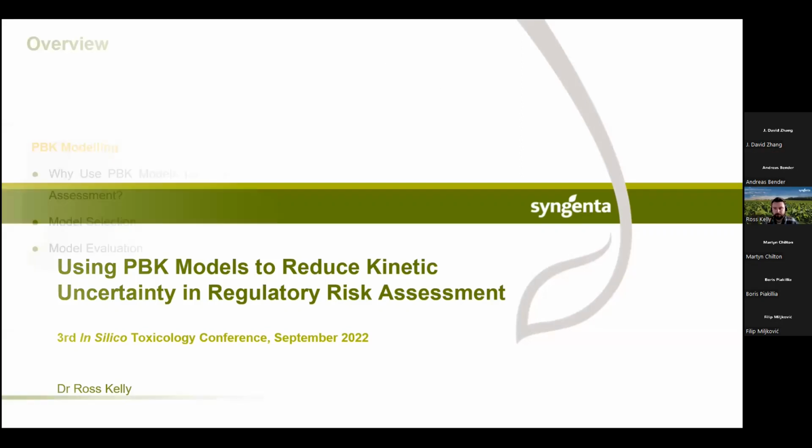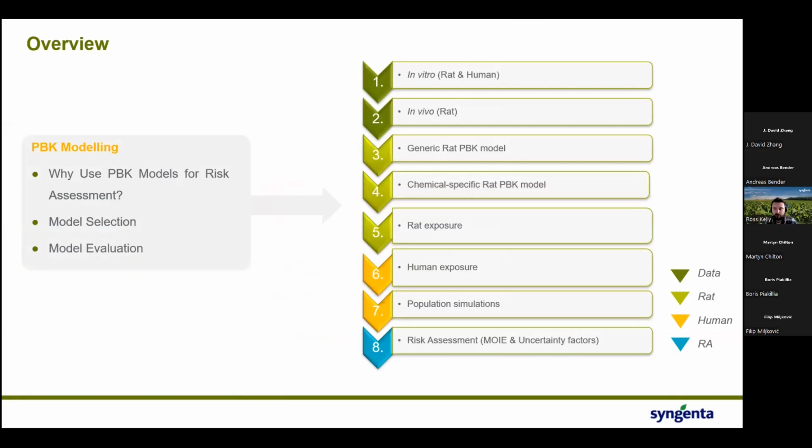So, yes, I'm going to be talking about using PBK models to reduce kinetic uncertainty in regulatory risk assessment. So first of all, thank you for the opportunity to speak to you all today. Lovely to be here. I'd like to give you a flavour of how we use PBK models within Syngenta, particularly in late stage work, and then specifically what our current approach is with respect to reducing kinetic uncertainty, looking at